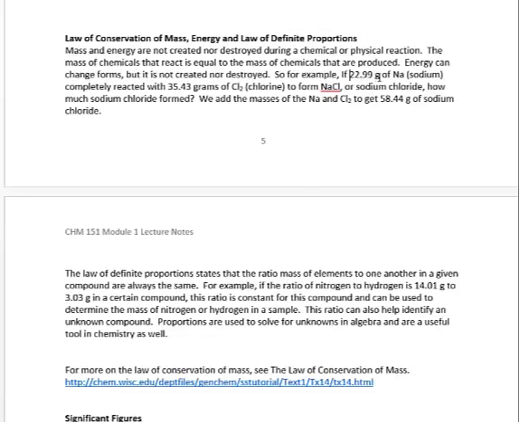22.99 grams of sodium completely reacted with 35.43 grams of chlorine to form NaCl, or sodium chloride. We add the masses of sodium and chlorine to get 58.44 grams of sodium chloride. For example, if the ratio of nitrogen to hydrogen is 4.01 grams to 3.03 grams,